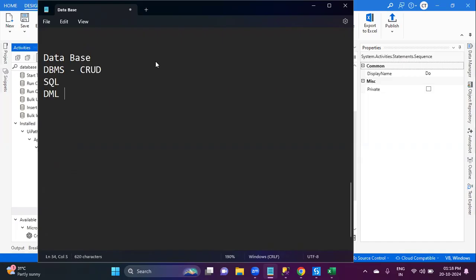DDL commands: create, alter, drop, truncate. And DML commands: select, insert, update,